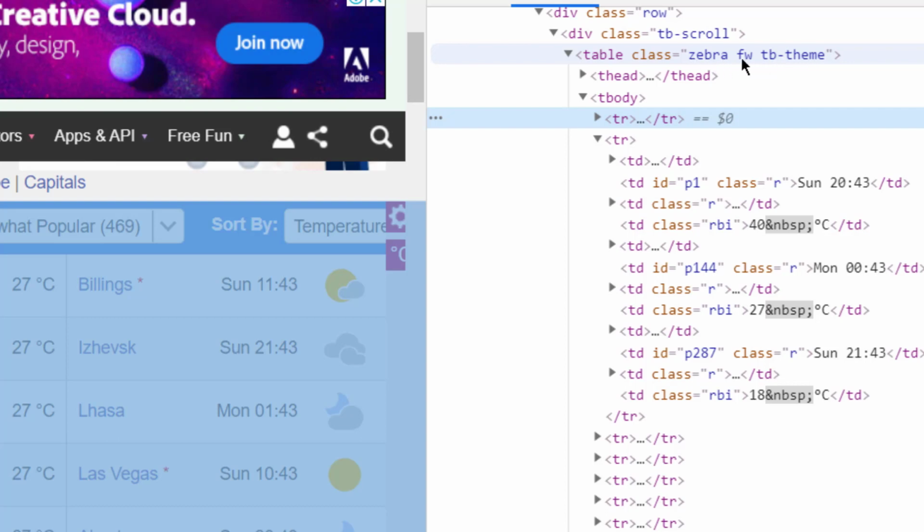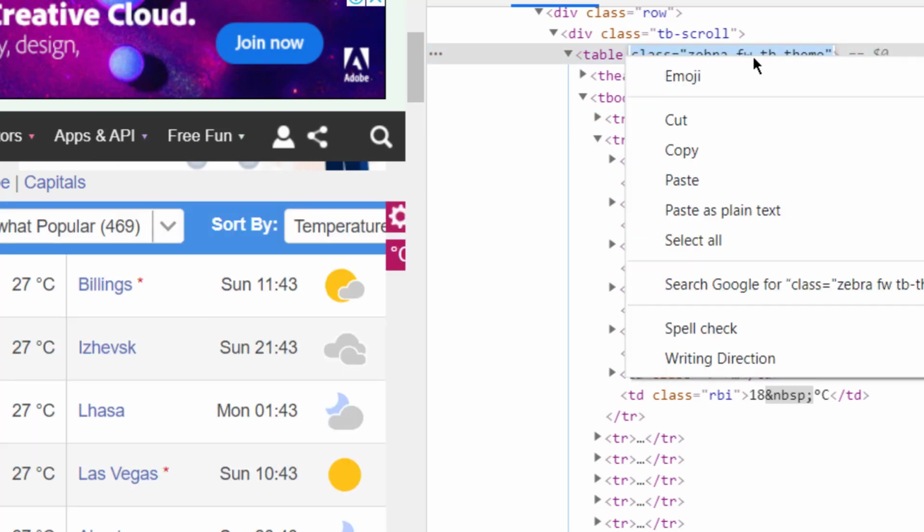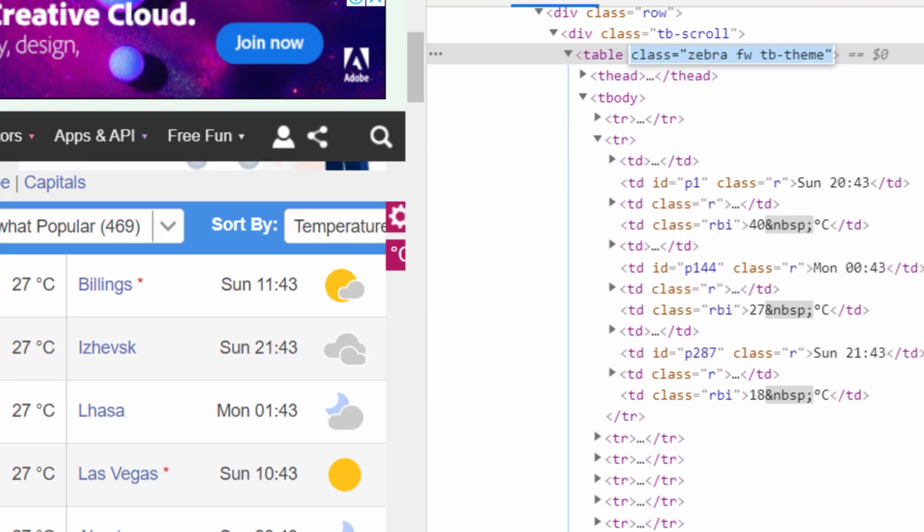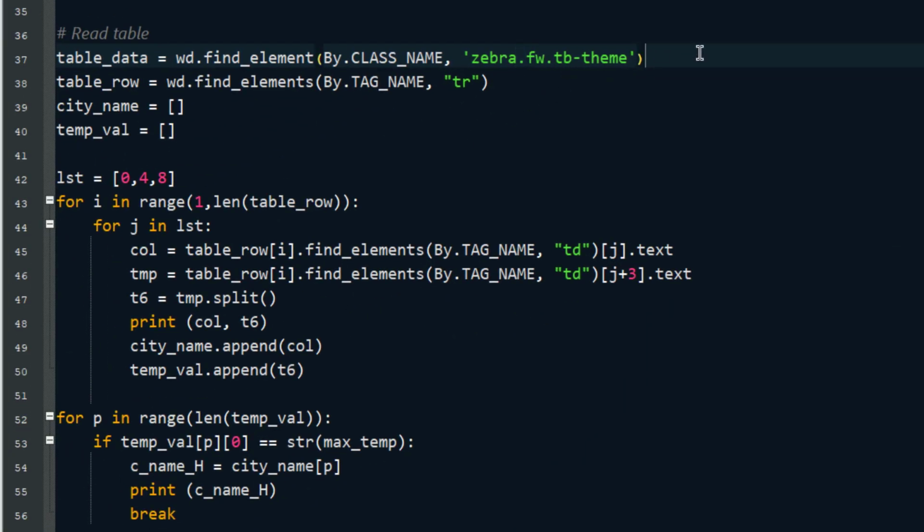If you double click, copy, and write exactly the same thing, it will not work. So you have to delete the space and put a dot. This is how class names are accessed using Selenium. I hope you understood. So I'm accessing that complete table using the table name.